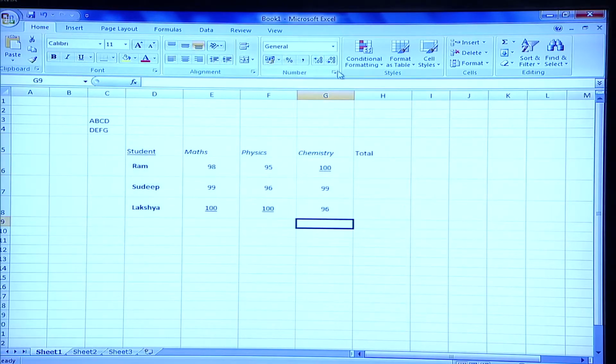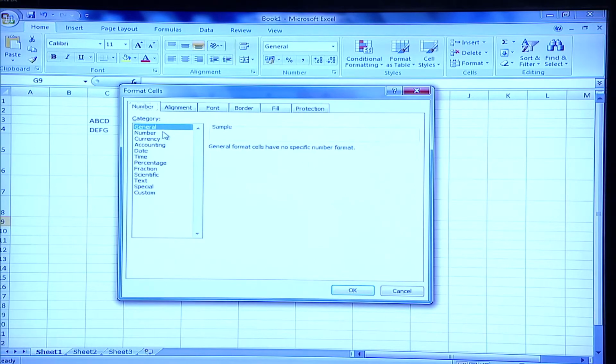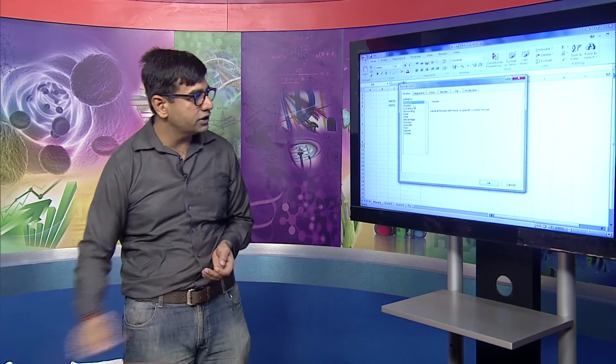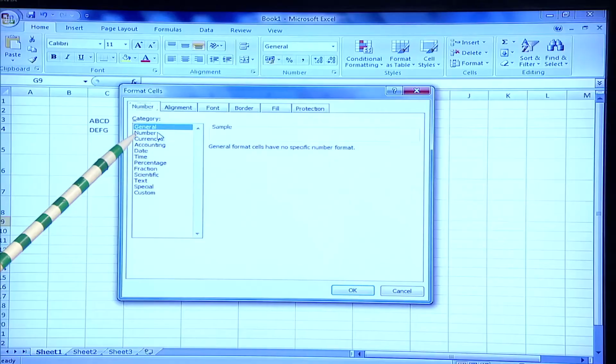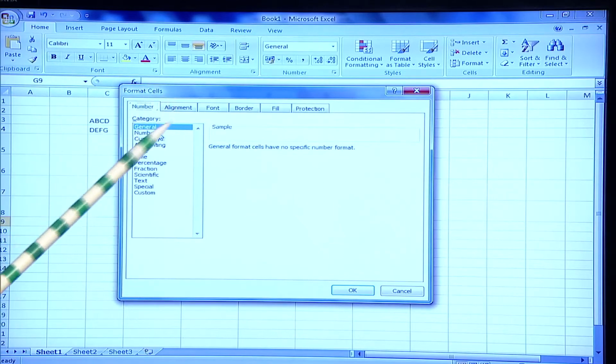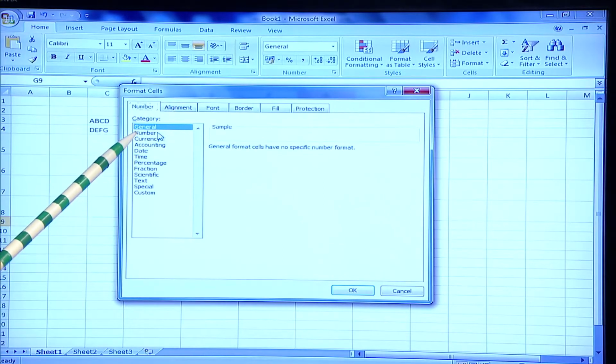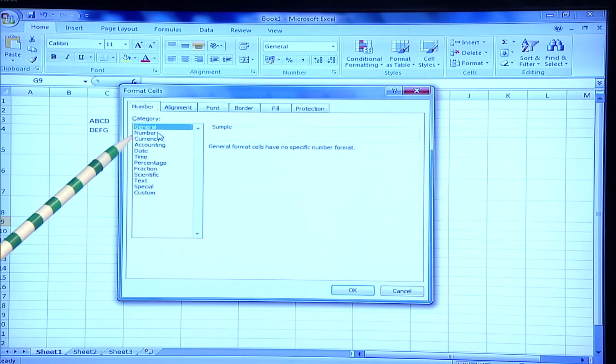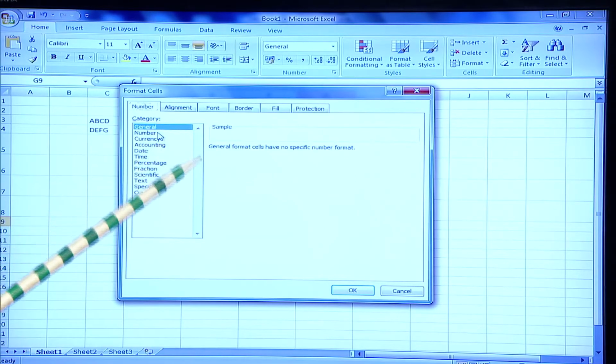Now I am going on to the general tab, which is number. So you can open the dialog box. You can see that if you want to format for a particular number type, there are various categories. General is applicable to all. Then number, so only certain functions or features will work on the number. Similarly, all these below which I am going to tell will refer to some specific functions available in MS Excel.